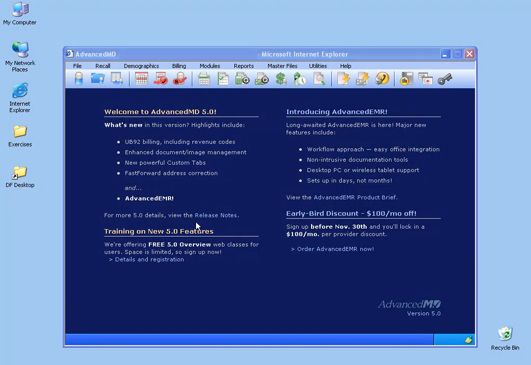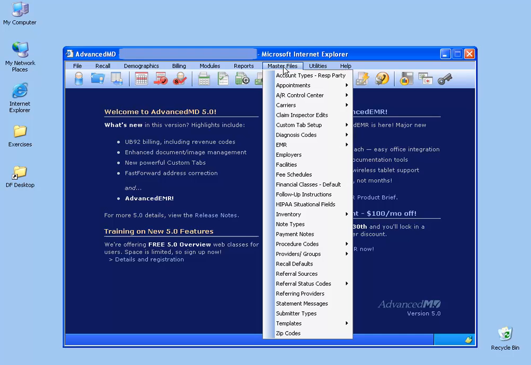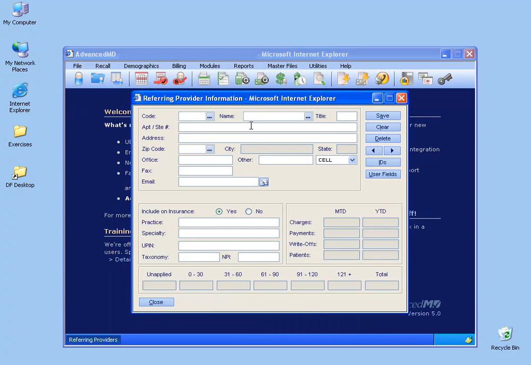Your office can keep track of all the referring providers. You can actually enter those doctors into your database by going Master Files to Referring Providers. Now here I'm going to go ahead and start in the second field. I know in this screen I can go ahead and type in the doctor's name and it will automatically add